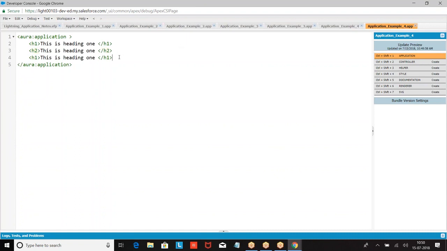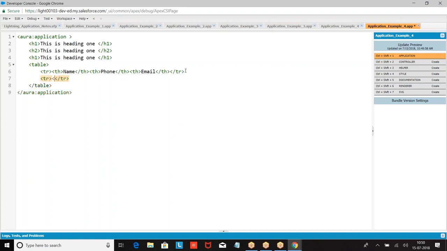Apart from this, what are the other frequently used elements in the application? We'll go with the table. So what is this table? In the table we have TH. First, TR. TR stands for one row. In the first row, I have TH, heading, name. These are quick things which we are going to frequently use.